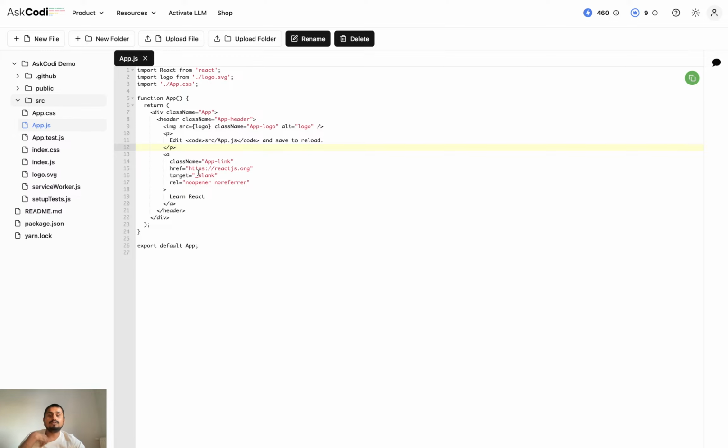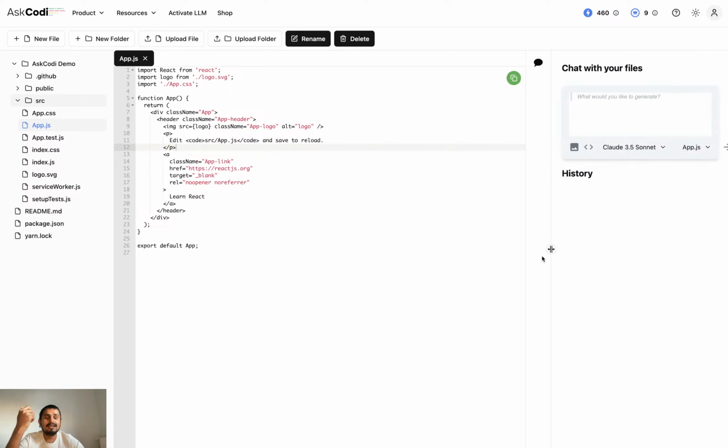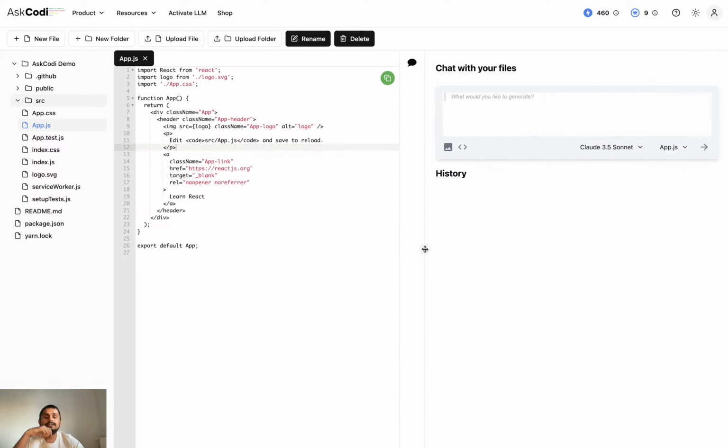And if you make changes, it goes back. The main feature that's available in Codi Code Spaces right now is the chat. This is more like a search for your code files, or if you want to talk to your code file itself. So, let's say app.js,